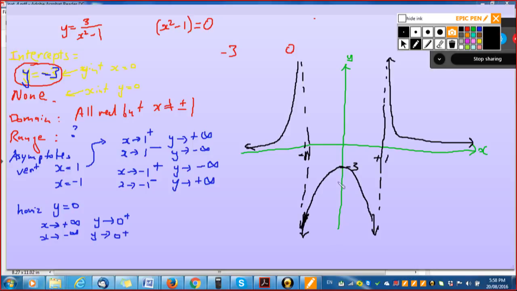You want me to explain certain bits again? That is this bit. Okay? Yeah. We worked out that bit there. We worked out that bit there. We worked out the asymptote. That bit there and that bit there. We worked out this bit there, just as x approaches +1 and -1,